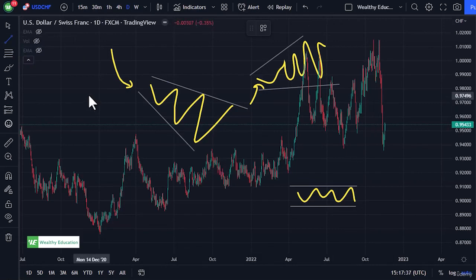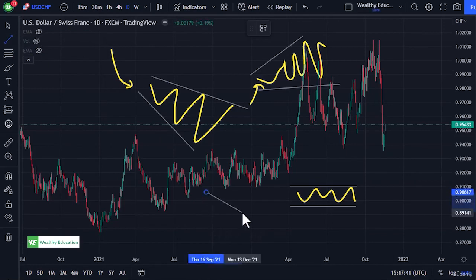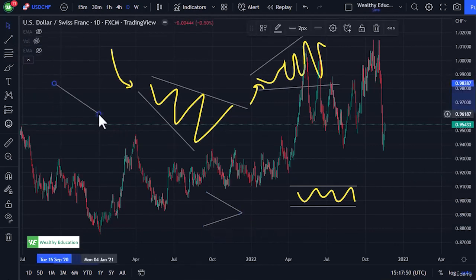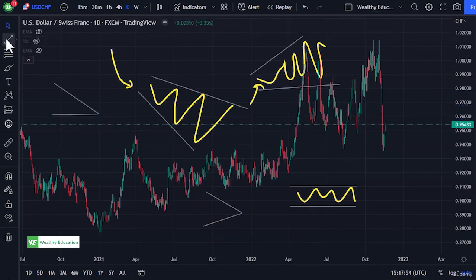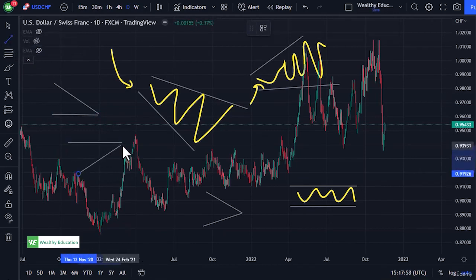And then the final pattern that I'll be talking about is the triangle. Now the triangle comes in three flavors. There is the symmetrical triangle. There is the descending triangle. And there is the ascending triangle. So what do each of these mean? Well,